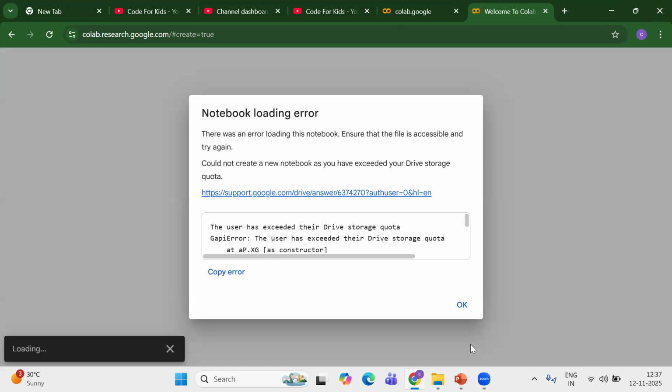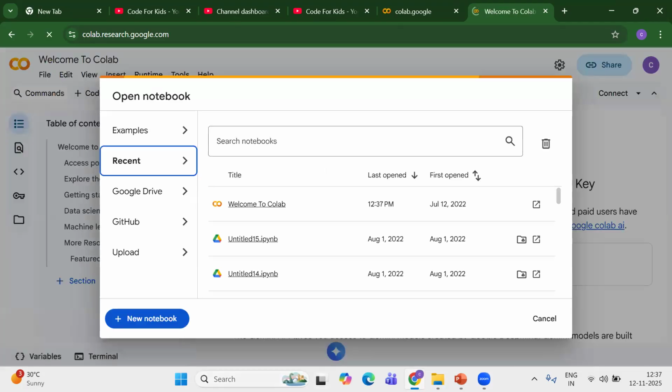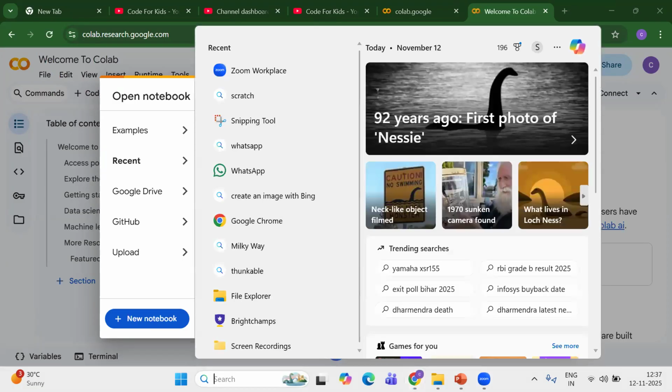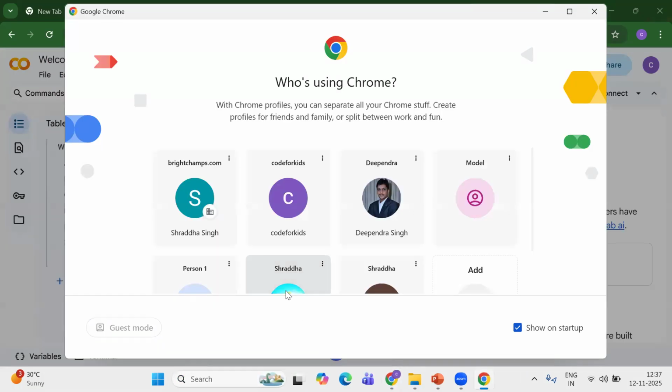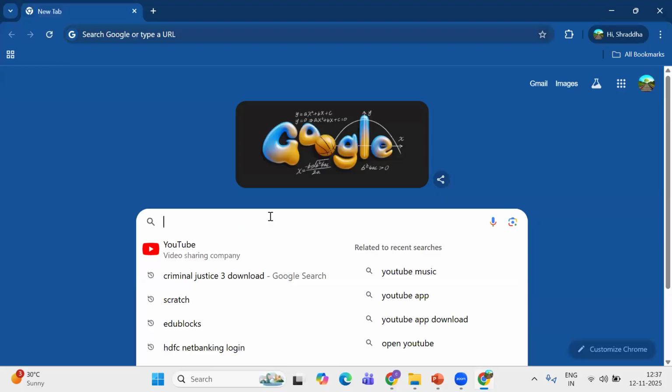Oh, okay. My Google Drive, the storage problem. Okay. Let me connect with a different one. Okay, it's a